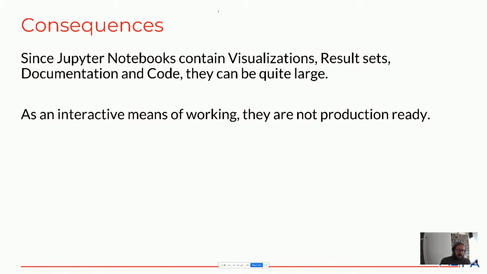What do I mean by that? Usually, at least when I work with Jupyter and create a notebook, I have cells in there where I experimented with things that throw errors because things didn't work out the way I wanted, that are left over from previous attempts, that are copy and pasted from other notebooks where I tried to adapt things that won't compile, that won't run, and all these things are in there. And that's usually something that you do not want to happen in a production environment. Plus,